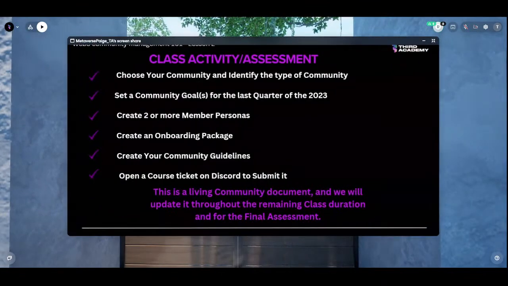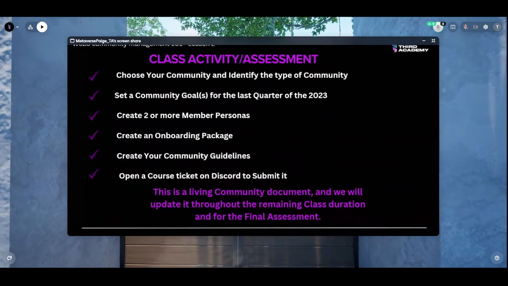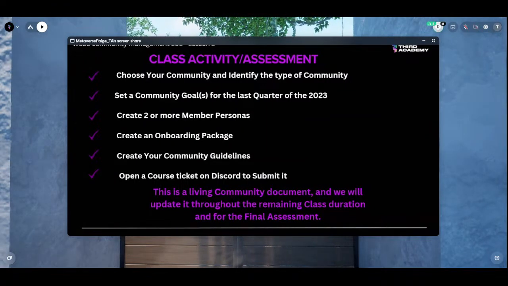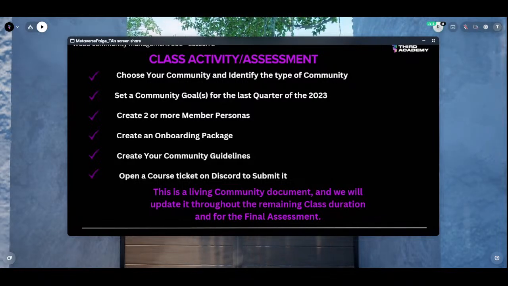Yes. So we have come to the end of our class today. Yay! We have also come to the beginning of our class assessment, right? We're not just focused on the theory, the teaching part, we're also going to be involved in carrying out practical work. Now, for our class assessment, this assessment would contribute to the final assessment and the score that would lead to awarding NFT certifications. So I encourage you to take this seriously.